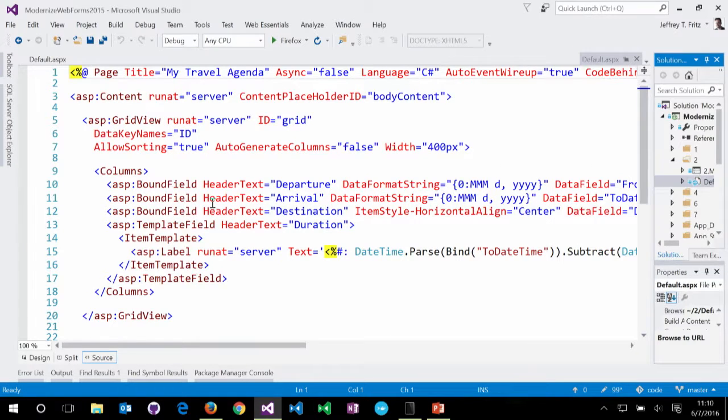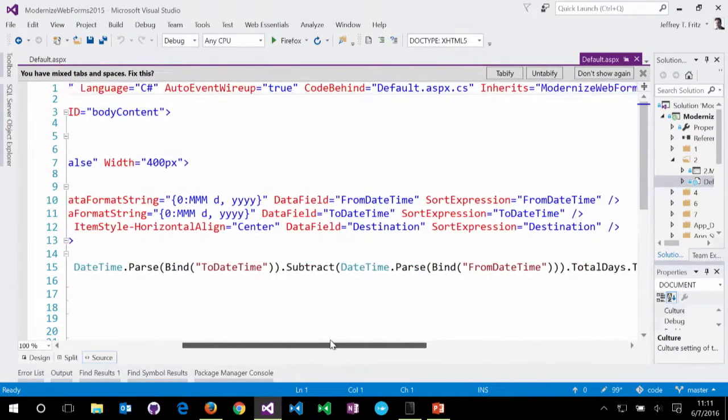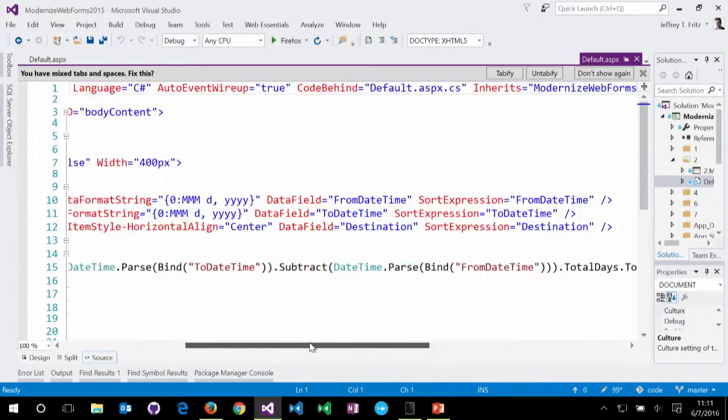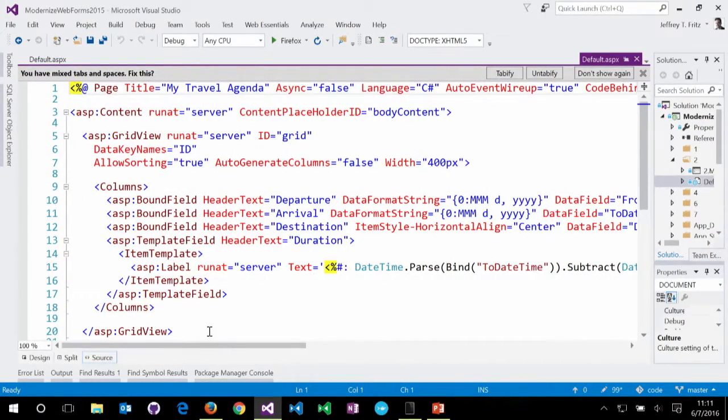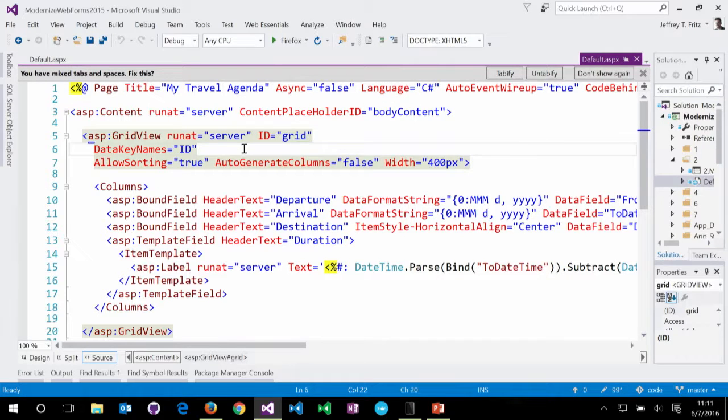And I've got another grid, and I've specified data key names for the values that are coming back. There's bound columns, and I want to put a template column here at the end that shows the number of days that each one of these trips takes. And I've got this ugly bind syntax here, and this is a real pain in the neck to use. But I have a rich trip model object that I can use with something that we introduced called strongly typed